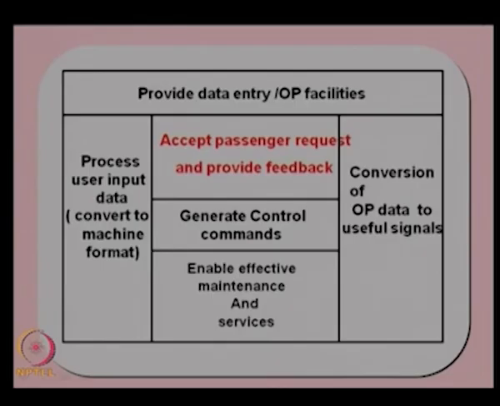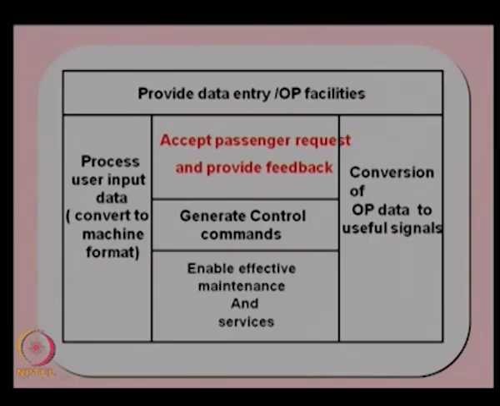You can see there the provide data entry output facility is a sub function of that, and process user input data, conversion of output data and generate control commands as well as the effective maintenance and services become the sub functions of this function. So, you can see we have divided the first function into 5 and then took one of these 5 functions,